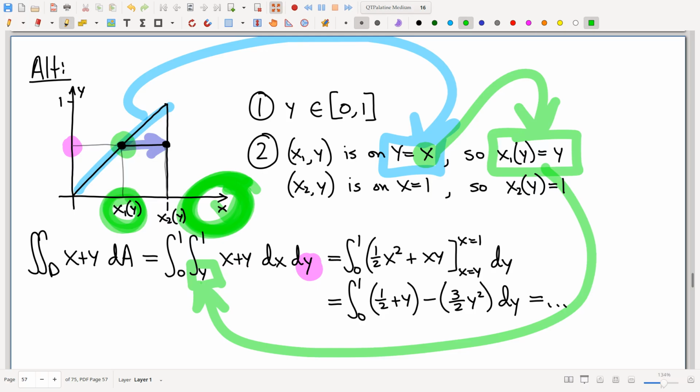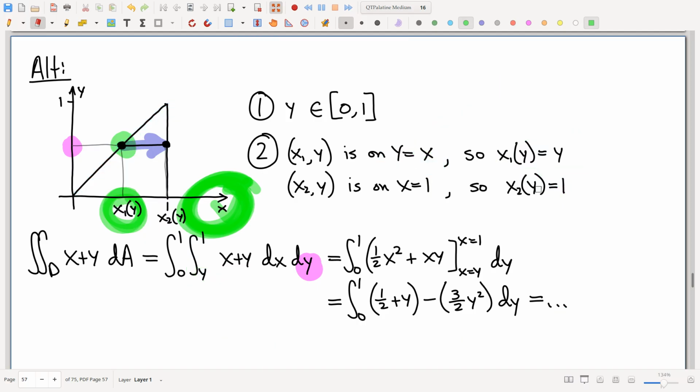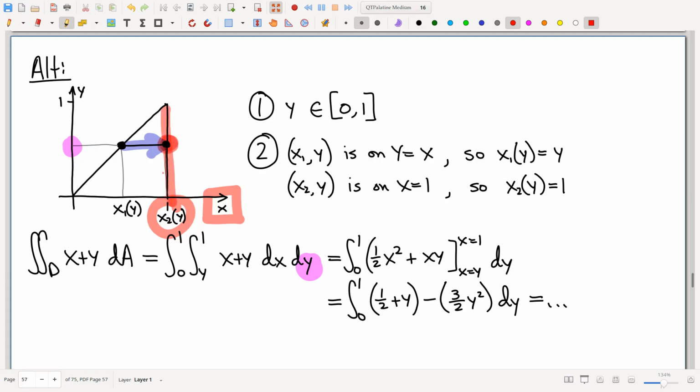Okay. And then let's do the upper bound. All right. So for my upper bound again, this is an x bound. I want to know the ending value of x as I move along that slice. It ends when I get to that point. That point is on this curve. This curve has, well, again, an easy equation,